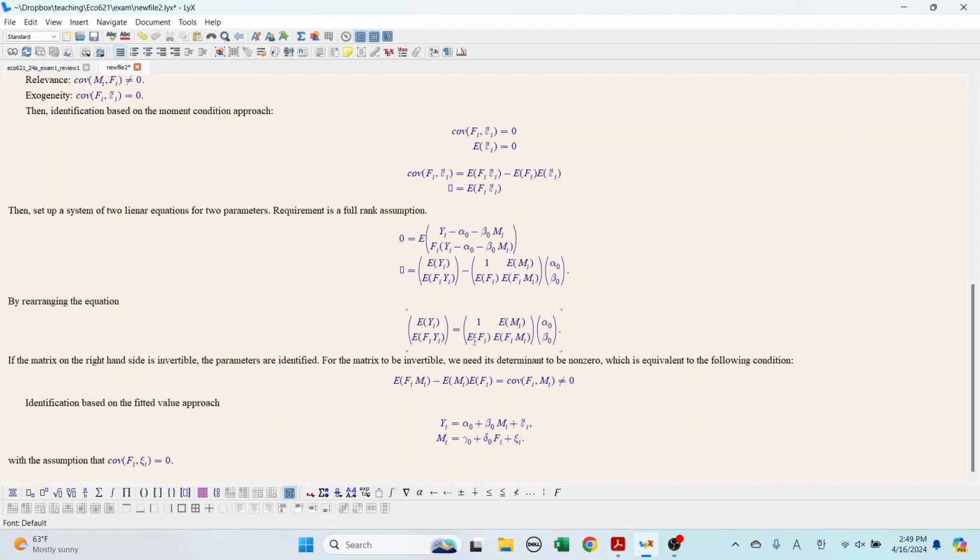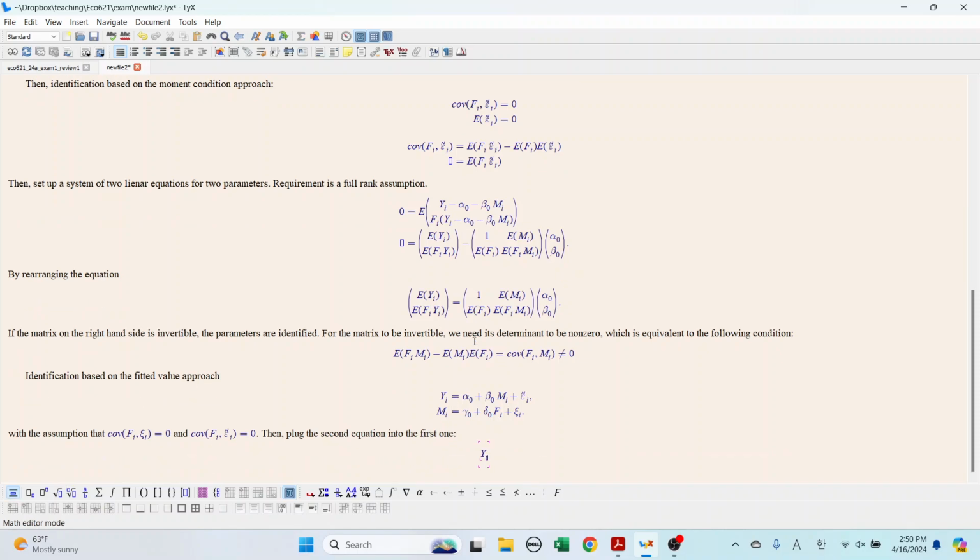And then how can we identify that? Then plug the second equation into the first one. Then you will get